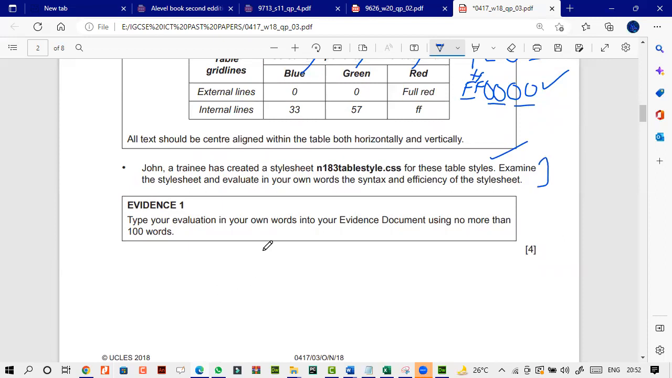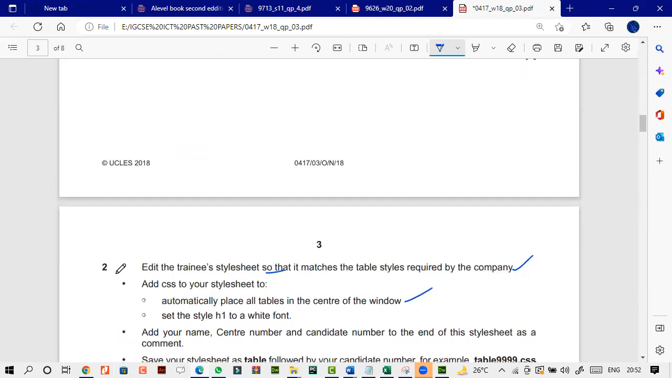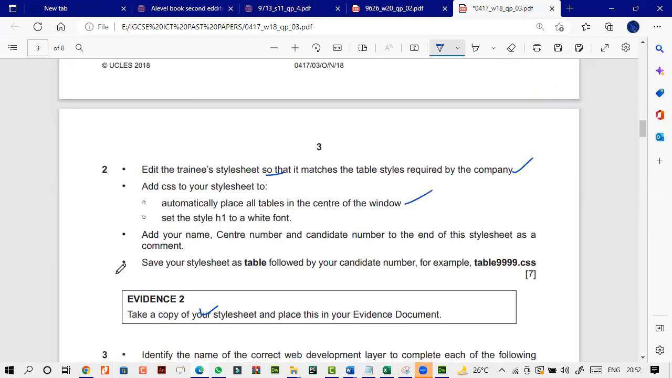In the evaluation, yeah, but the style sheet has not been defined properly. But if the question comes before the other parts, then obviously it would be asking for part number 1. So we don't have to update it. Yes, because, add CSS to your style sheets to automatically place all the tables in the center of